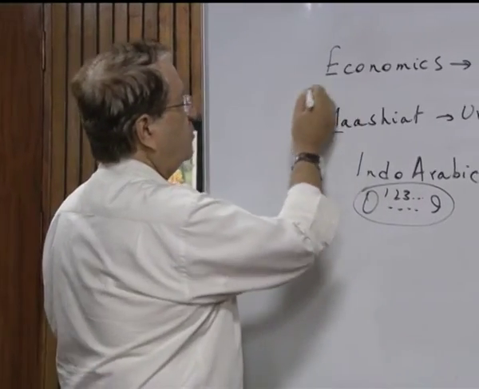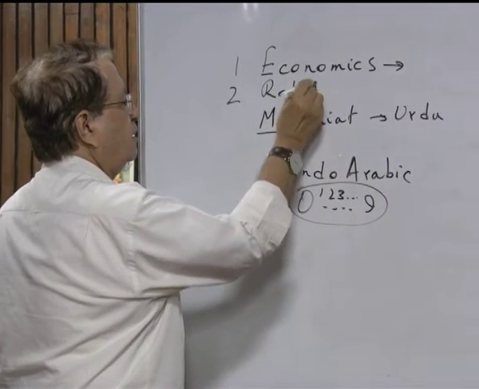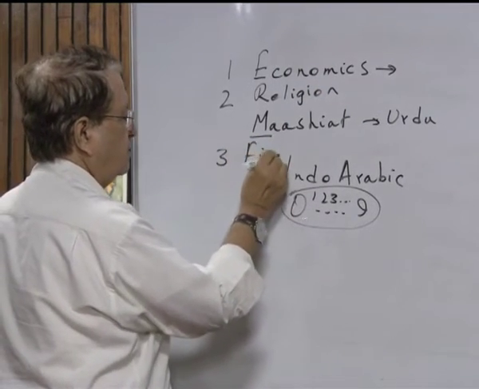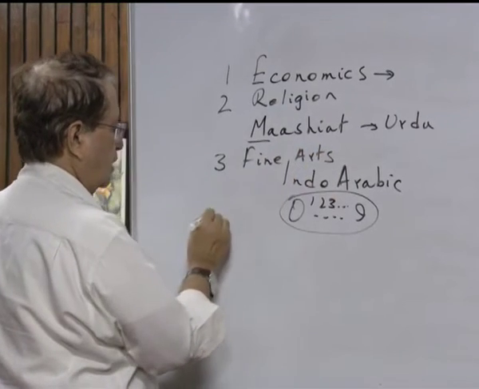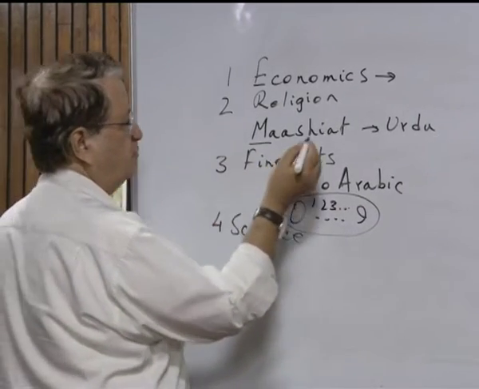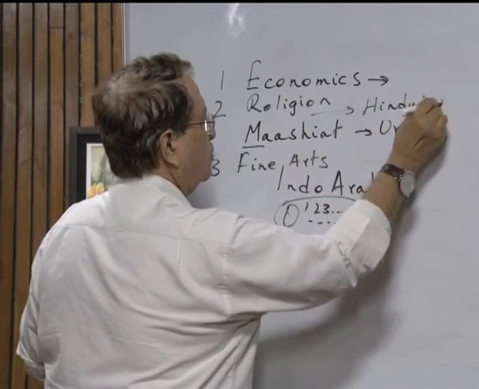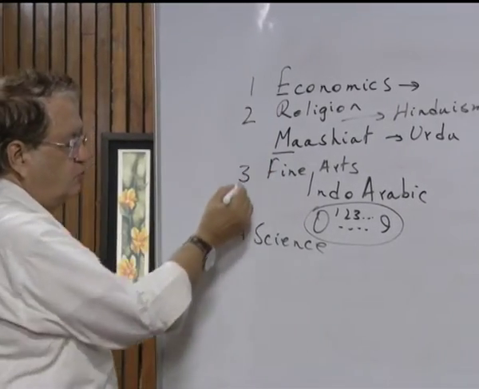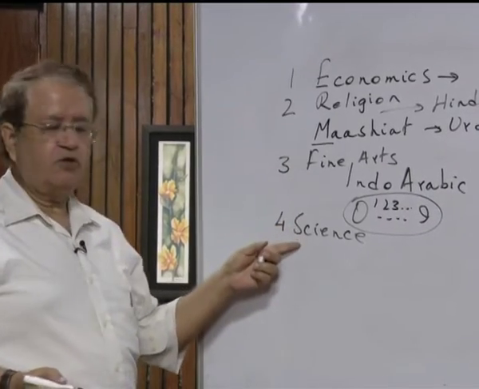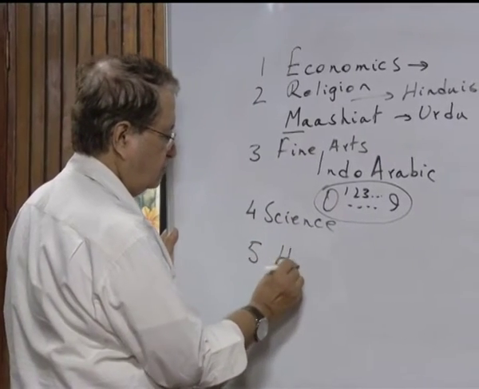For example, if you had given the symbol 1 to economics, 2 to religion, let us say, 3 to fine arts and 4 to science, then we suddenly had a few books which dealt with, say, Hinduism. So, where will you keep Hinduism? 1, 2, 3, 4. 2 is being followed by 3 and 3 is being followed by 4. So, where do you keep Hinduism? You will be forced to keep Hinduism at 5,